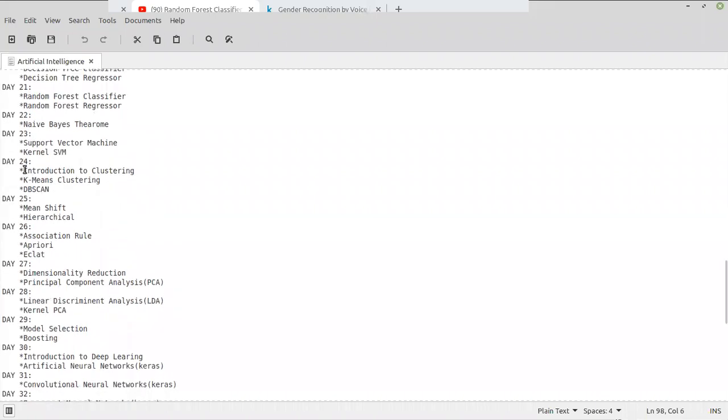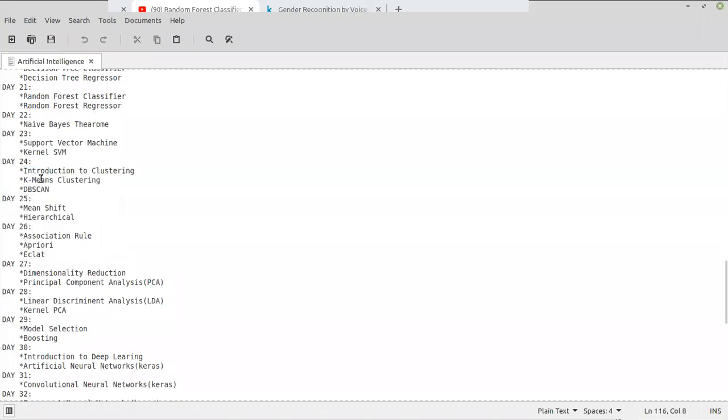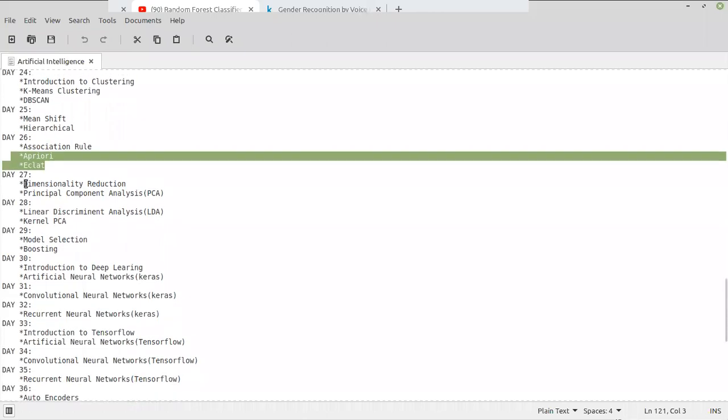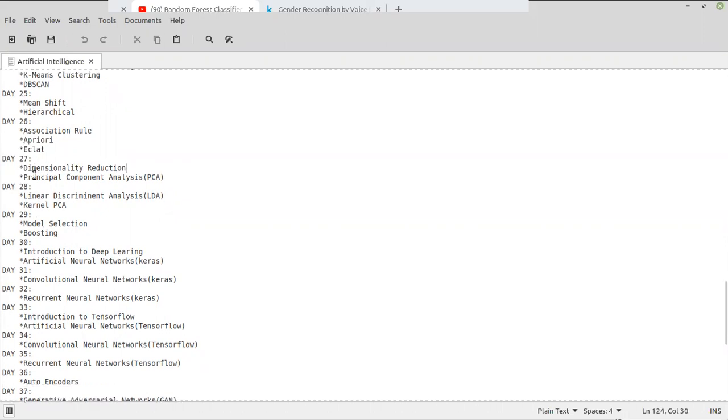So from tomorrow we'll start clustering algorithms. Tomorrow maybe k-means and DBSCAN, and the day after will be mean shift and hierarchical. These are some clustering algorithms, which come under unsupervised learning. And we have association rules, apriori, eclat, and dimensionality reduction algorithms. In this we have principal component analysis, linear discriminant analysis and kernel PCA.